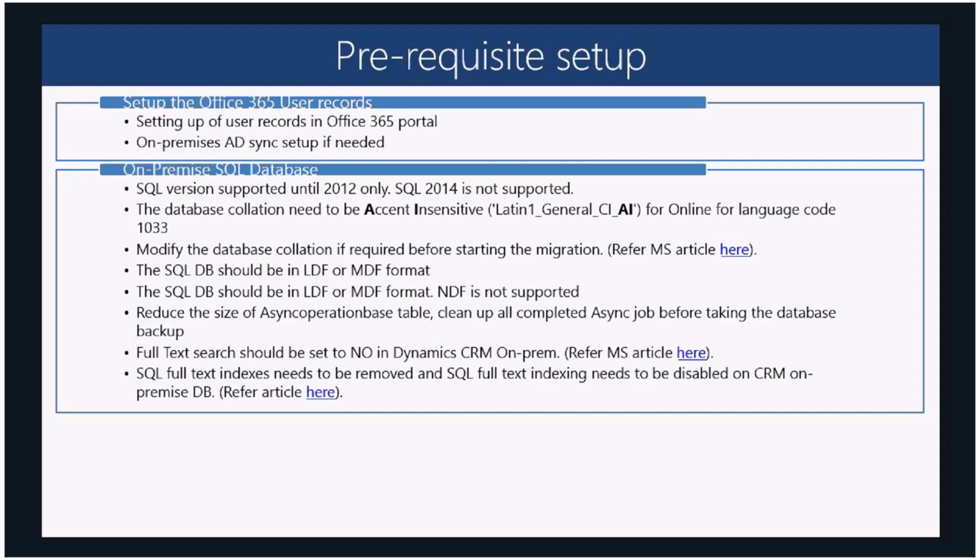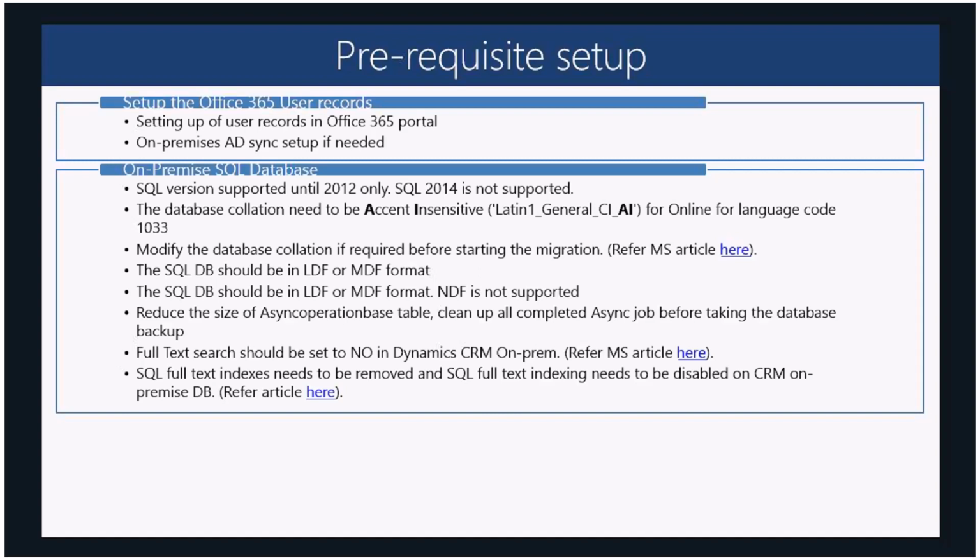The database collation needs to be Latin 1 General CI AI for online language code of 1033, which is English. We can modify the database collation as referred in the MS article, as you can see in this slide. The SQL DB has by default two files, which actually store the data and the logs, called MDF and LDF. And this tool only supports these two file types of the DB